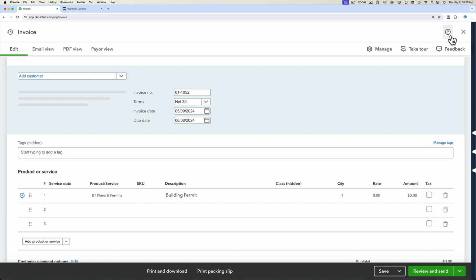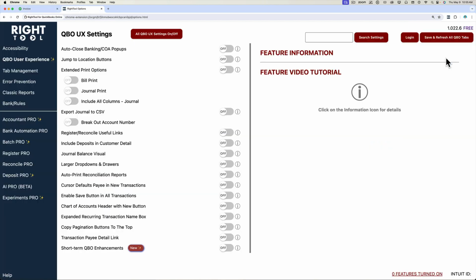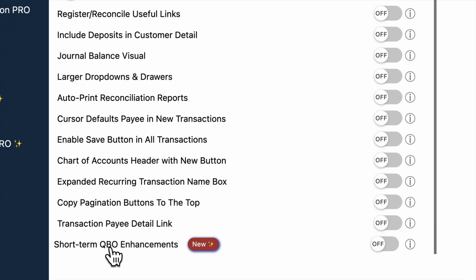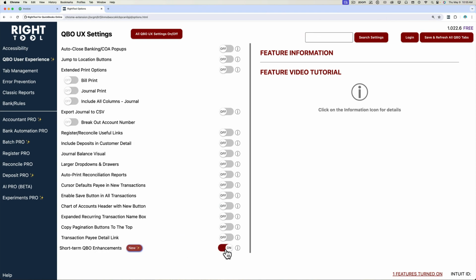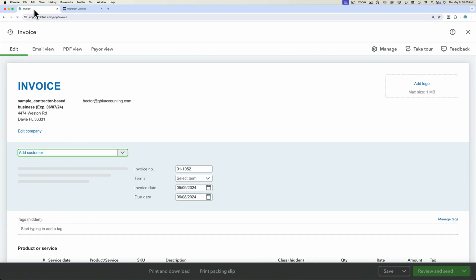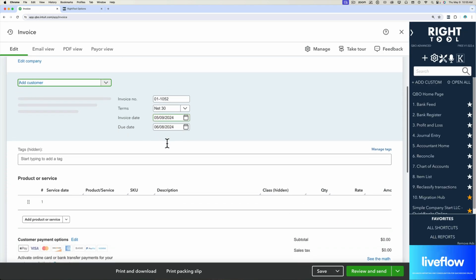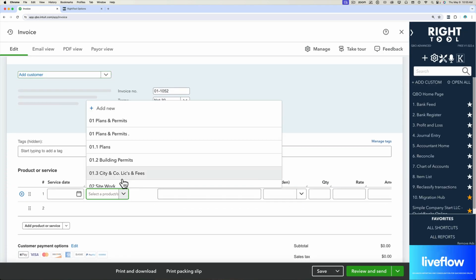So what we've done with RightTool is, I'm going to go here in the settings, click on QBO user experience, and then turn on short-term QBO enhancements. Turn that on, click on save and refresh. We'll go back into the new invoice experience, and you will notice now when I select the item,